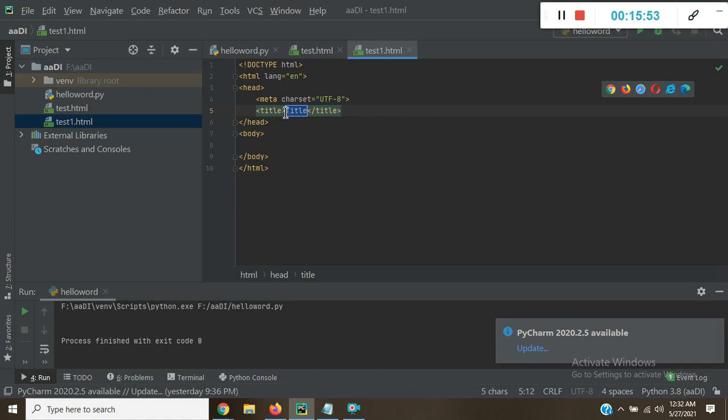Suppose I am giving a title, Rahul title, and inside body I am giving Rahul body. Check here, you can click Chrome once and it opens inside the Chrome browser. You can see this is the title, Rahul title, and this is our body.